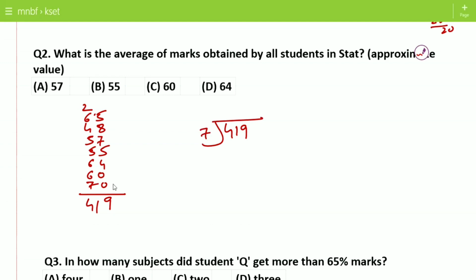So the best way of solving this type is, you have to take the nearest number to 419, that is 420, divided by 7. 7 6s are 42 and 0. So 60% will be the answer for this. So this is the best technique. Whenever you get values like 419, 418, it is better to take 420. If you get a value as 413, 412, you can take the value as 410. So whenever you take a value nearing 0, it becomes easy for you to solve in the exam.